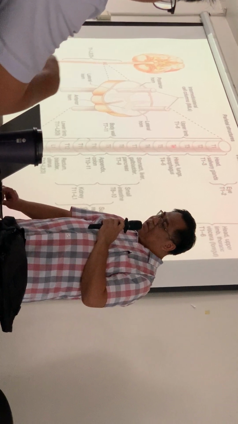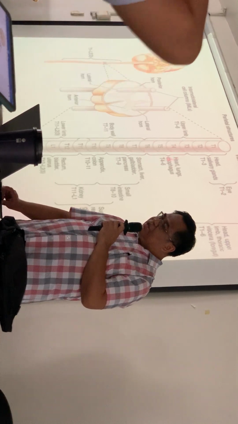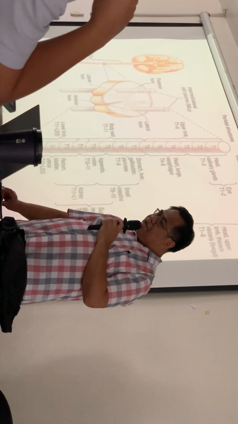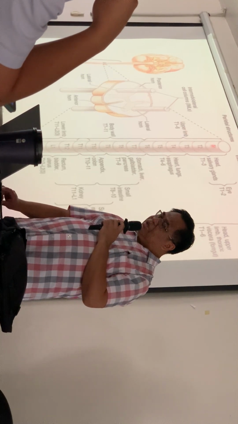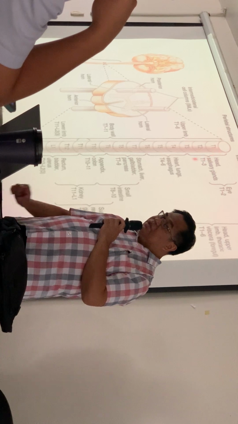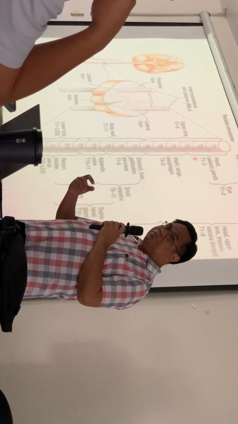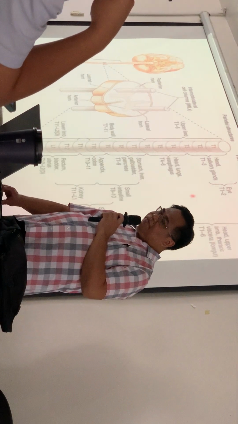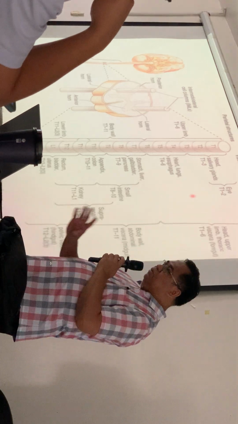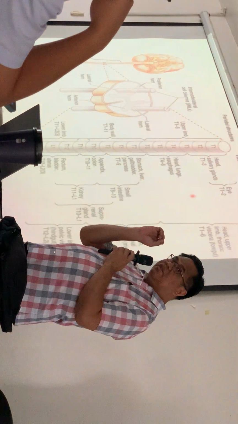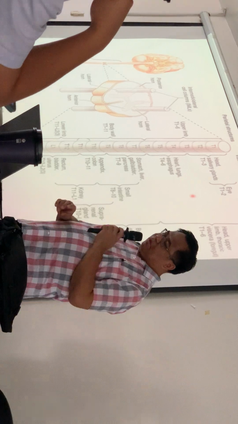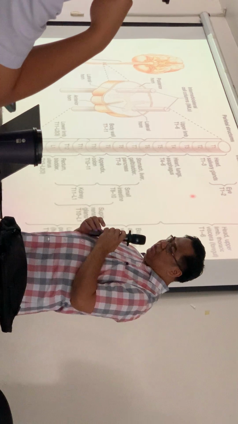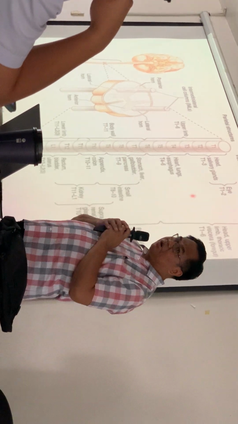glands. T4 to T6 will send signals to the heart, the lungs, and the esophagus, and so on down the line. The presynaptic neurons will send signals to the ganglia, and then the postsynaptic neurons will send signals to the end organs to have the effects of the sympathetic. Different effects for the eye: you have pupillary dilatation. For the heart, you have increased heart rate and increased contractility. For the lungs, you have dilation of the bronchi, to help